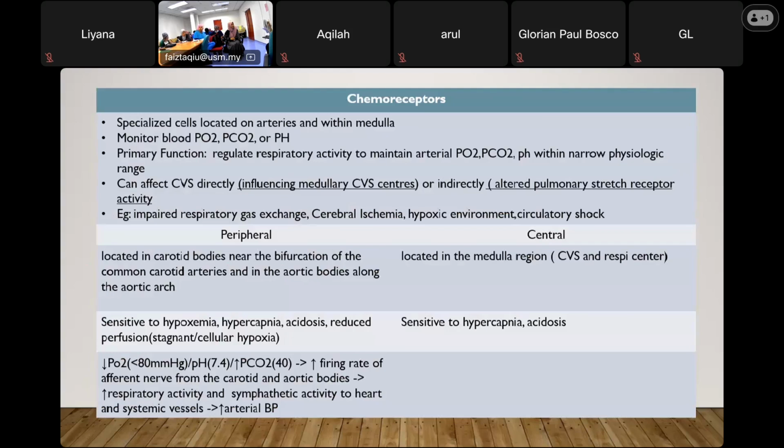Okay, why do you increase ventilation? What is the body trying to do? It's trying to correct the acidosis as well, but more important than acidosis, to reduce the partial pressure. More important than the acidosis, what is the body trying to correct? The trigger, the most sensitive trigger, was hypoxia. So what is the body trying to correct?